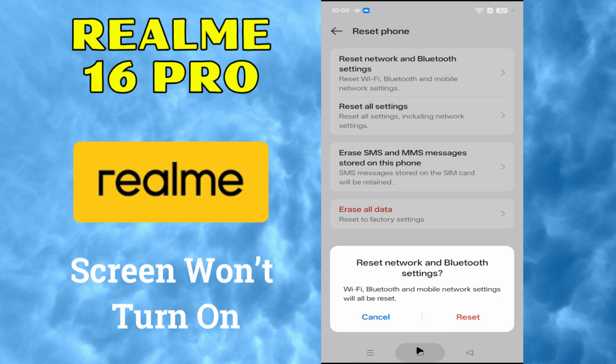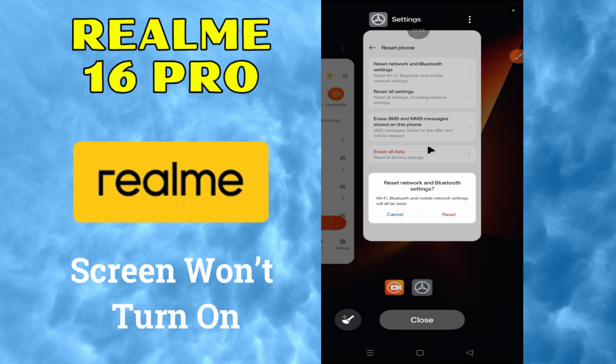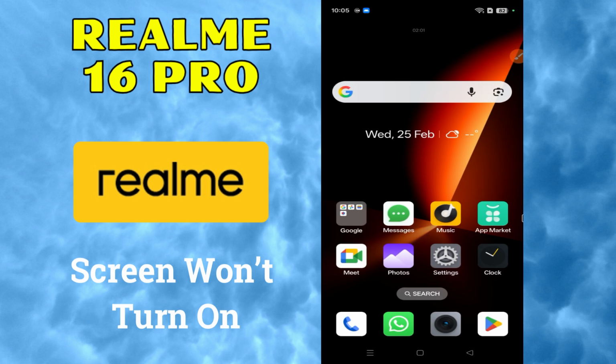After the process, go back to home screen. You will see your problem is solved. So that's how you can fix screen on to turn